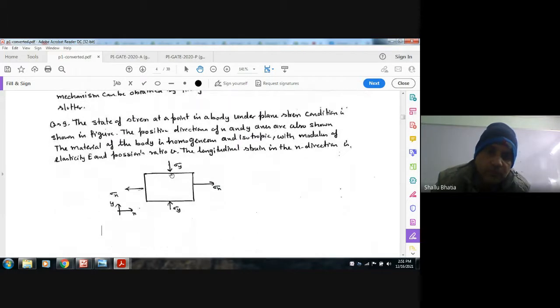The state of stress at a point in a body under plane stress condition is shown in figure. The positive directions of x and y axis are also shown. The material of the body is homogeneous and isotropic with modulus of elasticity E and Poisson ratio mu. The longitudinal strain in x direction is,